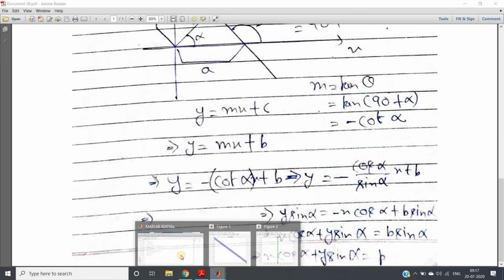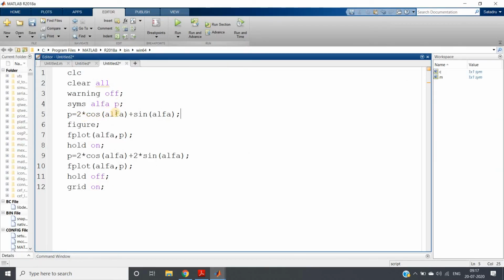All right, so here if you observe what I have written, x cos alpha, so 2 cos alpha plus y sin alpha, 2,1 point, y equal to 1, so p equal to 2 cos alpha plus sin alpha, plotting that. And next one 2 cos alpha plus 2 sin alpha, because 2,2 point. Hold off, because I have used hold on here, so I am using hold off and grid on to find out the intersection point easily. Okay,